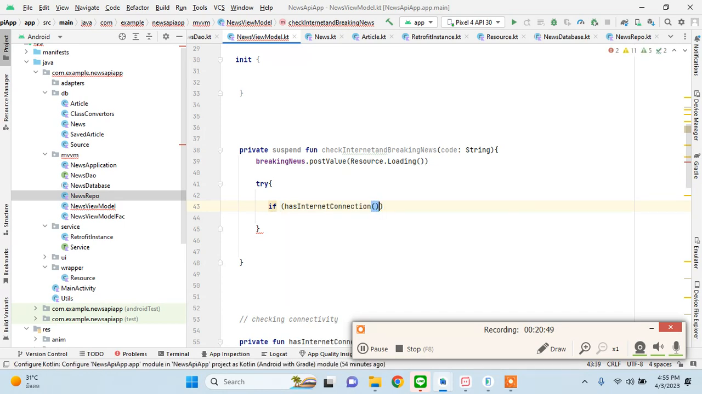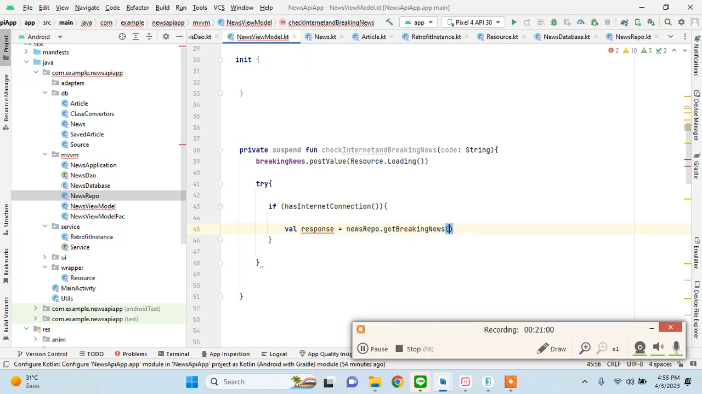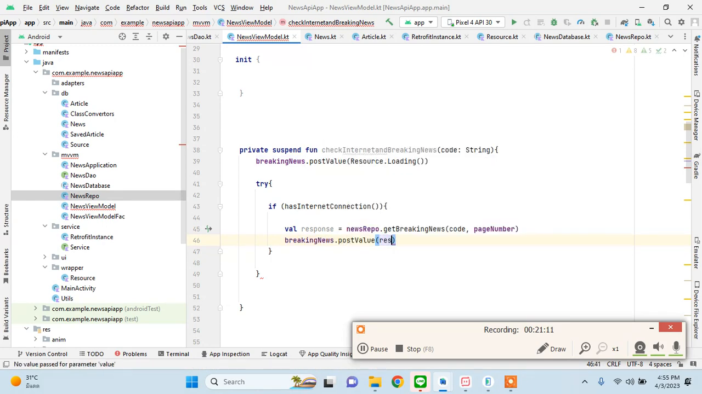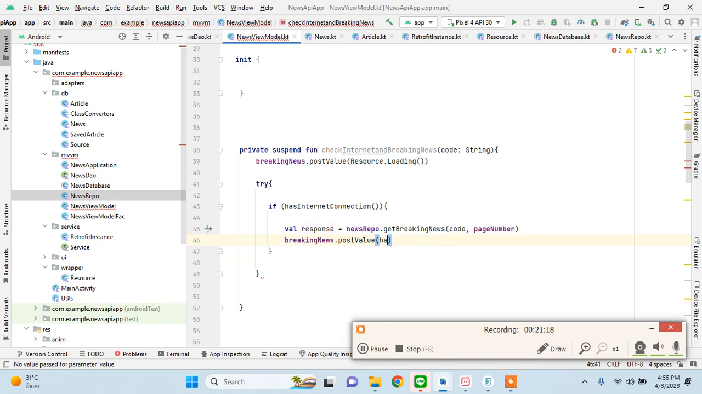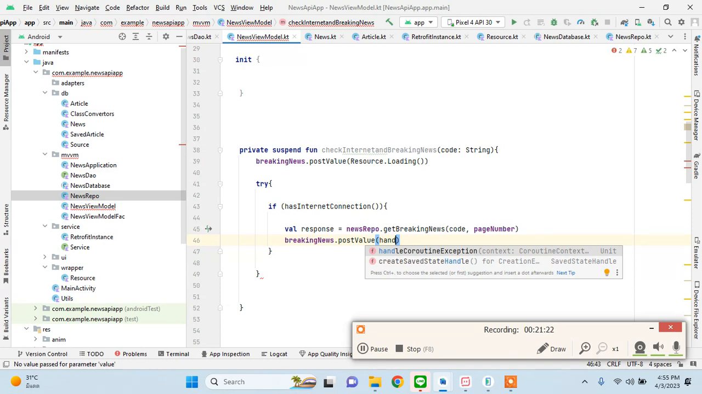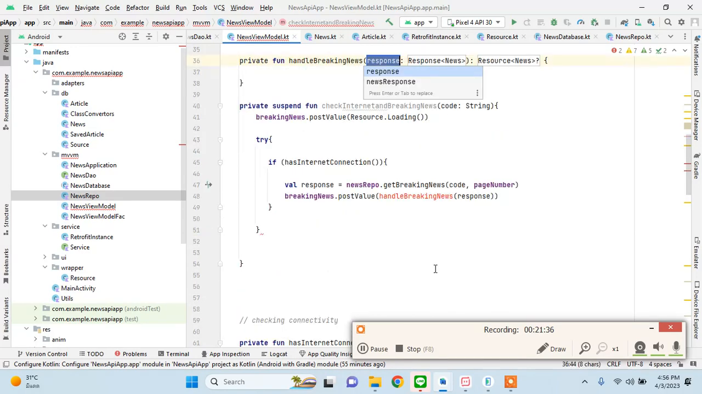Okay, here we'll just get this has internet connection. Then what? Val response = news repository.getBreakingNews, passing the country code and page number. And then breakingNews.postValue is going to be response. We will create another function for this, so we'll just say handleBreakingNewsResponse. This function is not there, so this is giving us an error, but we'll just create it right here and just leave it. Else